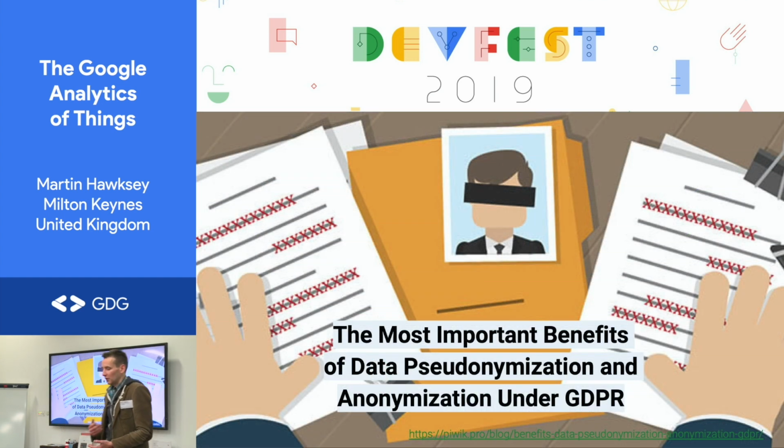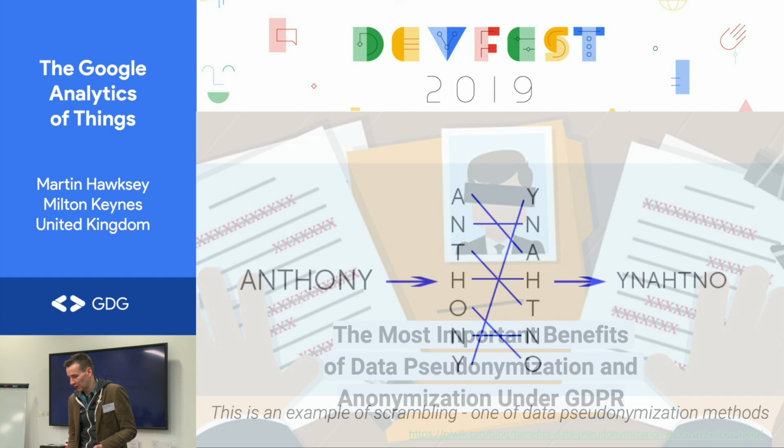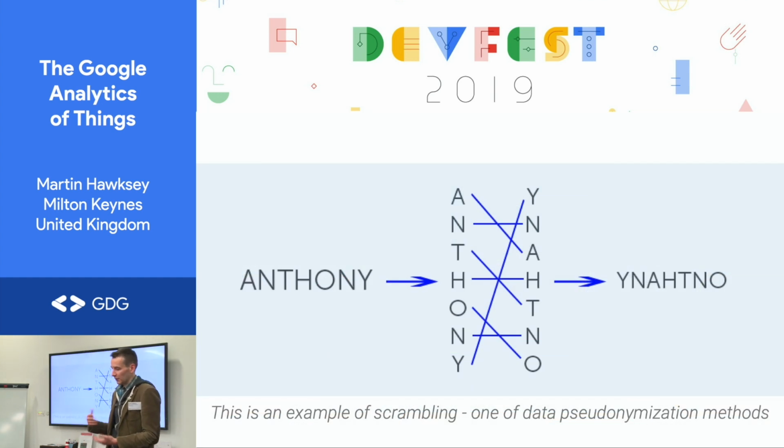Also, in terms of anonymizing your data, you can do pseudo-anonymization and anonymization, which are slightly different. Something like pseudo-anonymization will take something and scramble it up. The letters of that person's name are still in the data. They're in a different order, but in an order that you can reconstruct, because, for example, the letter Y has gone to the first place and everything is shifted down one as a result. So it's not completely anonymized. And then you have something like